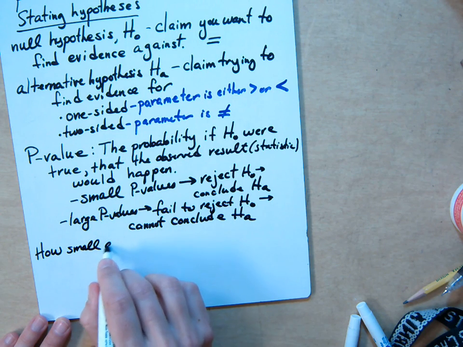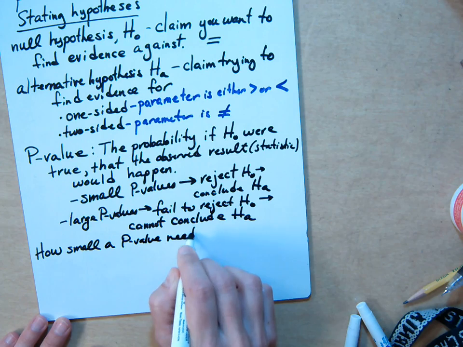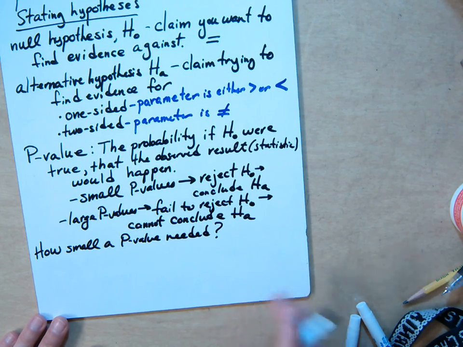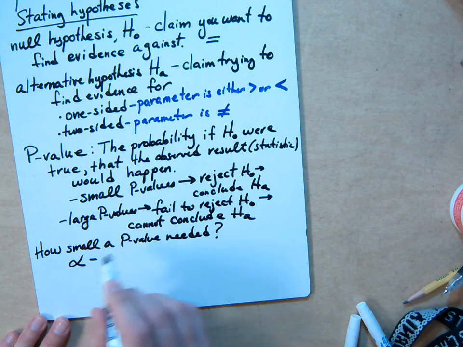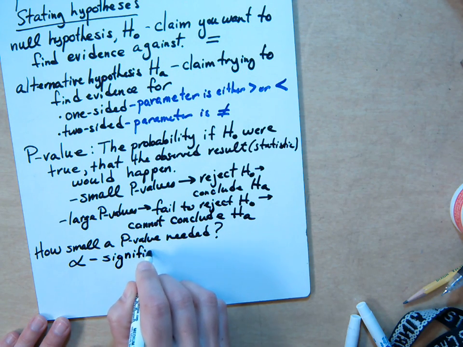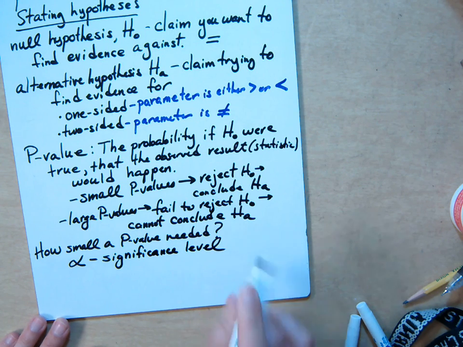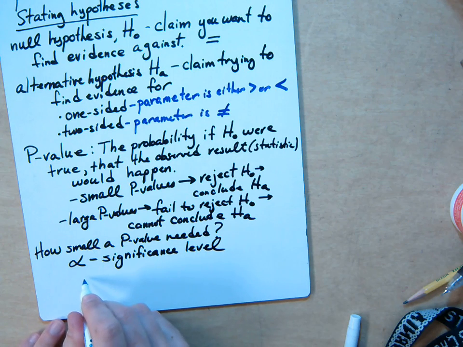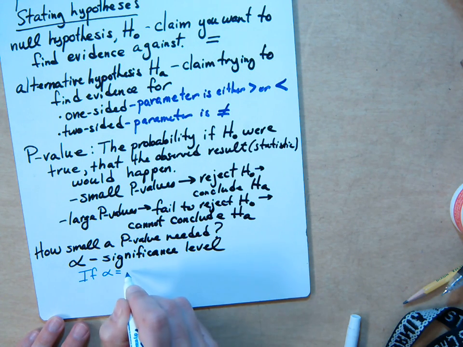That's known as alpha, which is the significance level of the test. So what does that mean? For example, if alpha were 0.05,